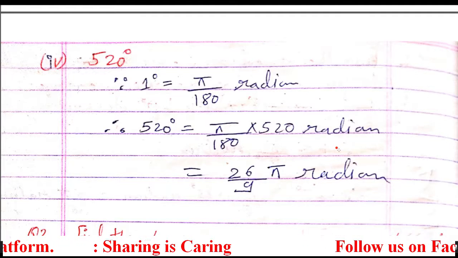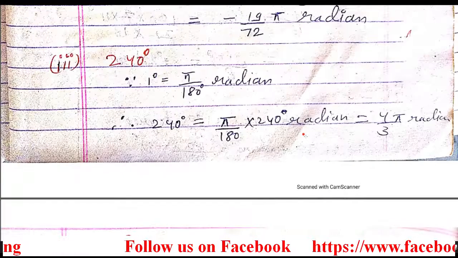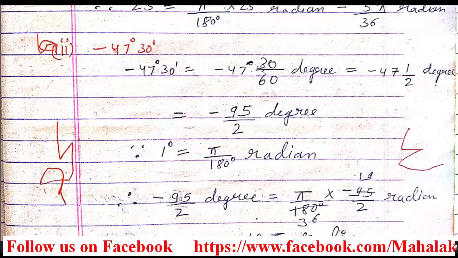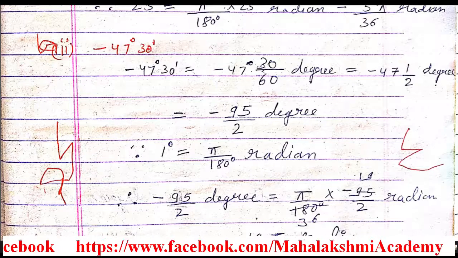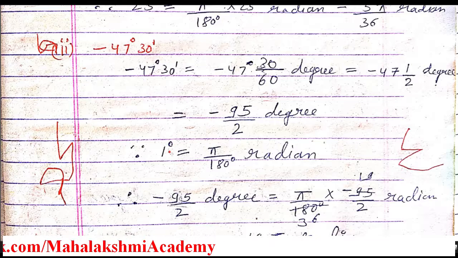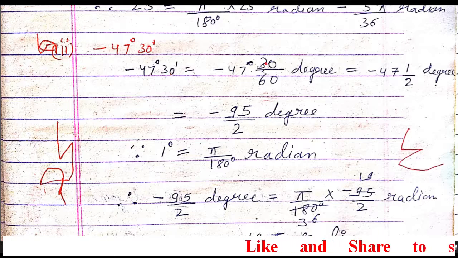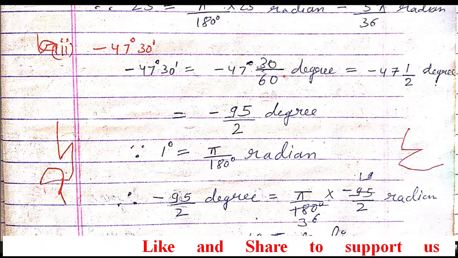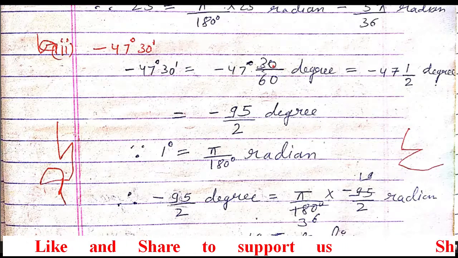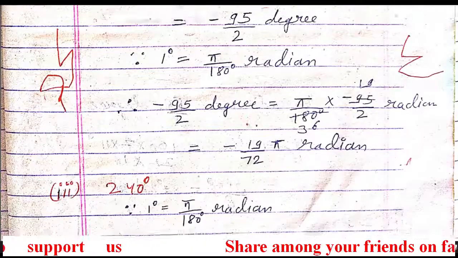Simply we used the formula 1 degree is equal to pi upon 180 radian. Now only one question is a little bit problematic, that is question number 2. In that, this 30 is in minutes, so this 30 minutes you have to change into degrees, because in the formula we have only 1 degree, there is no minute. That's why your angle should be completely in degrees only. For that you have to multiply it by 1 upon 60, because 1 minute is equal to 1 upon 60 degree. That will give you a mixed fraction. Convert the mixed fraction into a simple fraction and then just convert it.